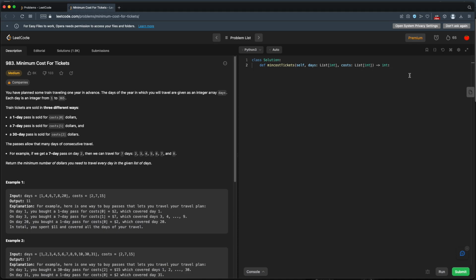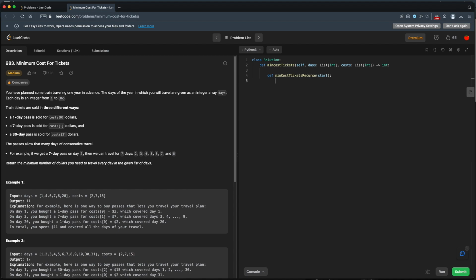So this is a perfect example of a recursive problem. So we will write a recursive function. Unfortunately, the function they give us is probably not the right function for a recursive function. It just gives us the days and all the costs. That function sets us up for a recursive function internally here. So we'll have our own internal function called min_cost_tickets_recurse. So what do we pass in? We'll just pass in our start day. What day are we on?